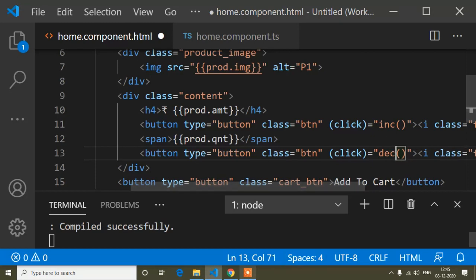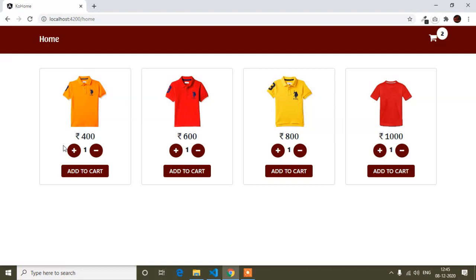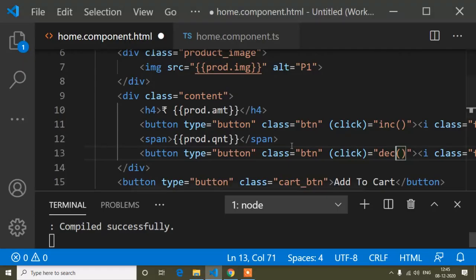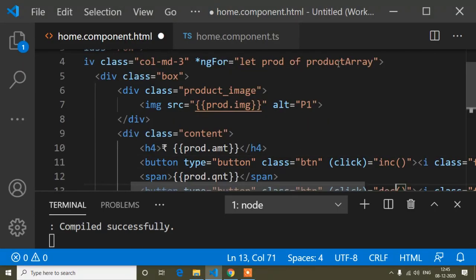And guys, here I will show one thing. When I click this increase button of this product, we need the data of this product. For that, here all the values of the product I have stored in this product variable.